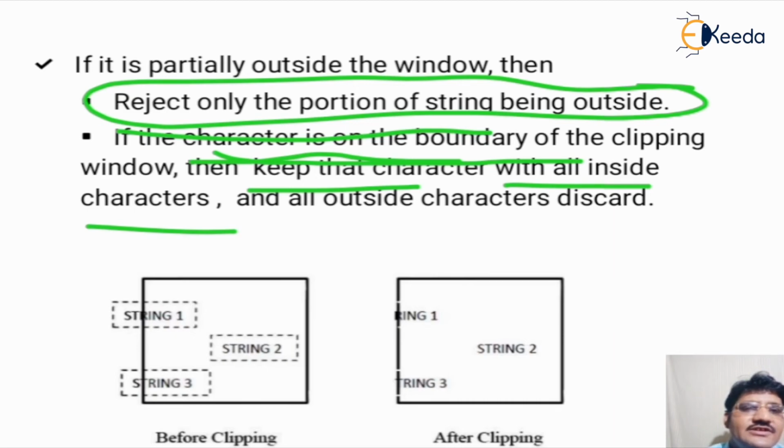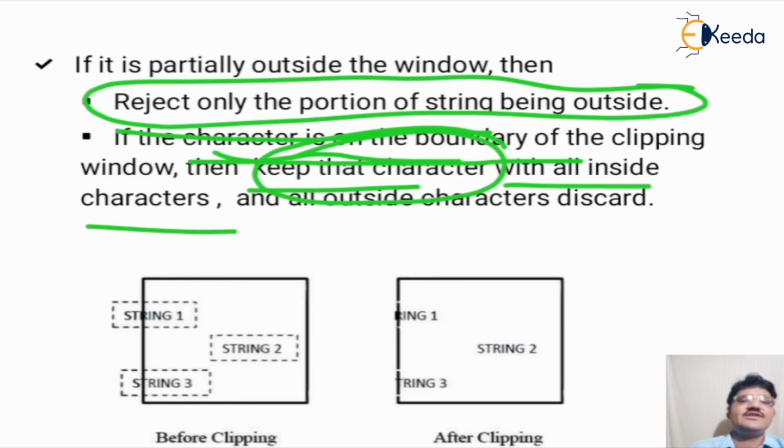So this differs from approach 2. In the second approach, the character which lies on the boundary is rejected. But in this approach, the character which lies on the boundary is kept.